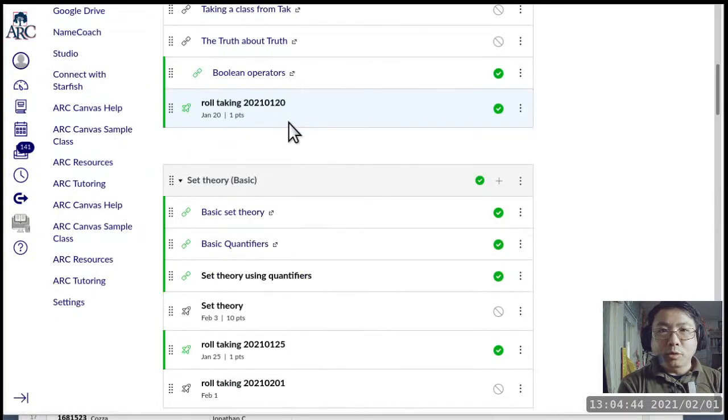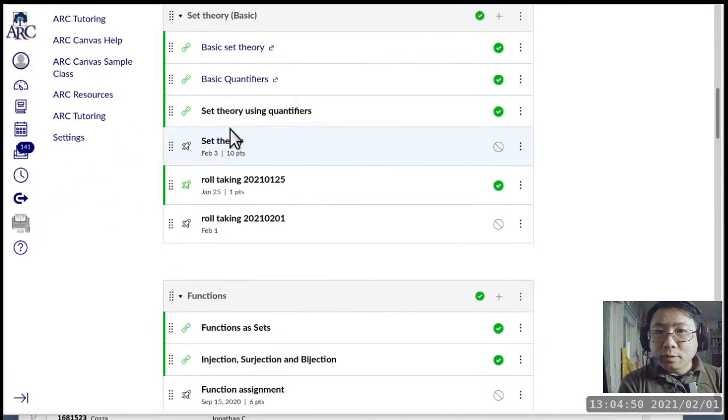Alright, so I'm going to open up a few activities for you guys. The first one is set theory. The due date is already set to the next class, right before the class on Wednesday. So you got 2 days to work on this, and you have to be careful, because this one only lets you turn it in once. If you turn it in and say, oh, I just made a mistake, there's no way to go back and fix it. So just be careful before you turn it in.